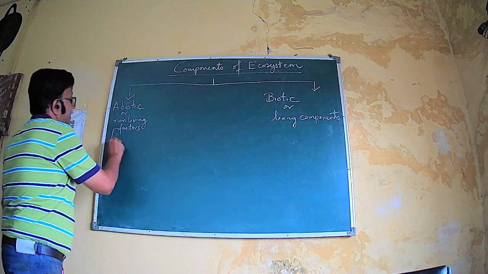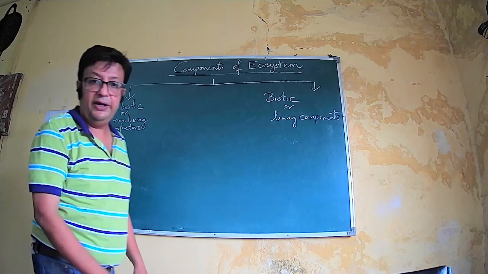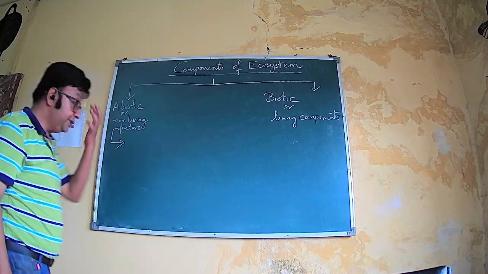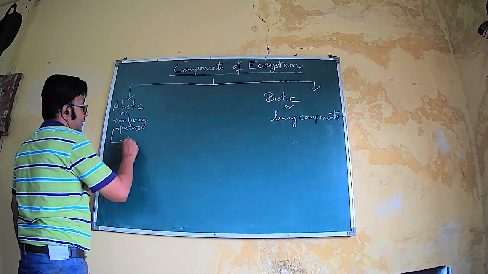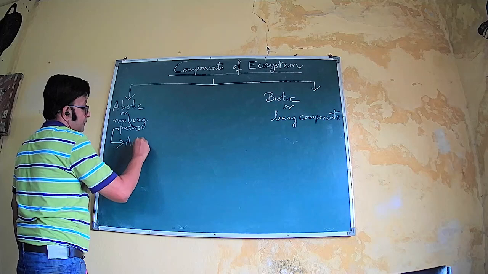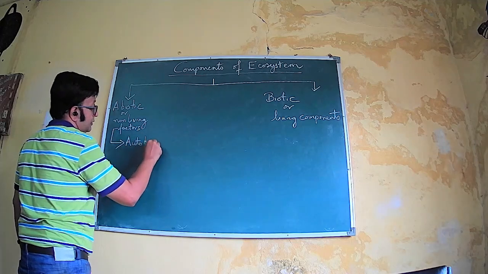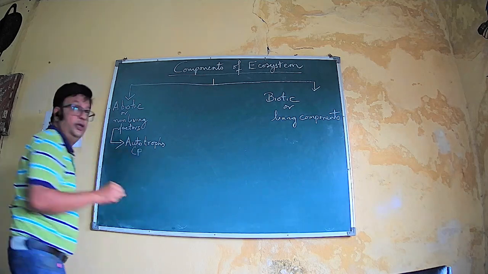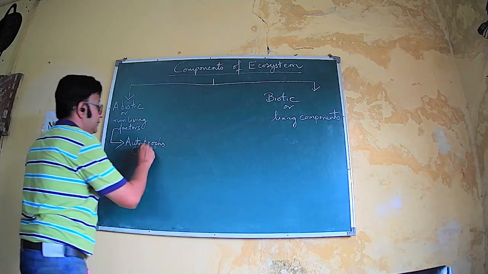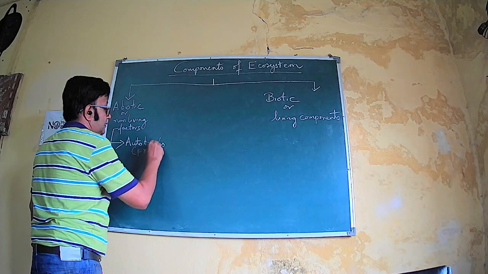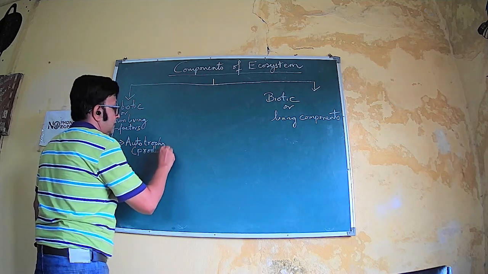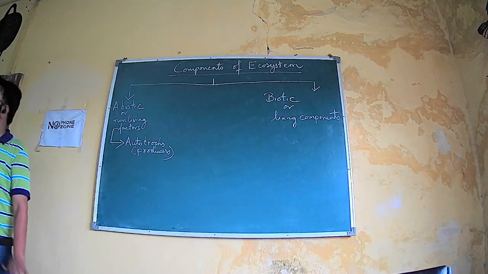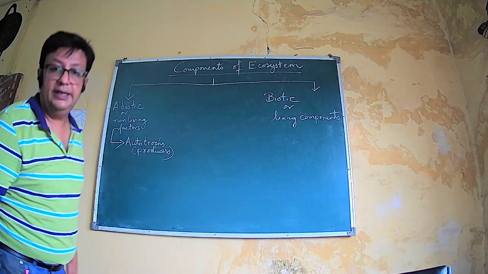Biotic components can have autotrophs or producers. The first thing, they are the autotrophs. They are also known as producers. They produce the carbohydrates. They are the producers. The first thing are the autotrophs. And then the next are the